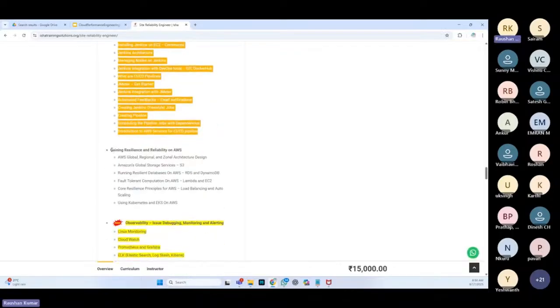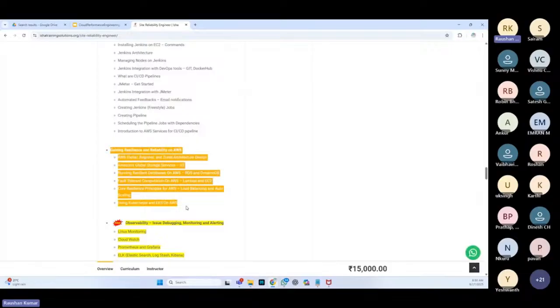Gaining resiliency and reliability in AWS. Using AWS services, how would you make sure your application is highly available and reliable? We talk about that. Observability,